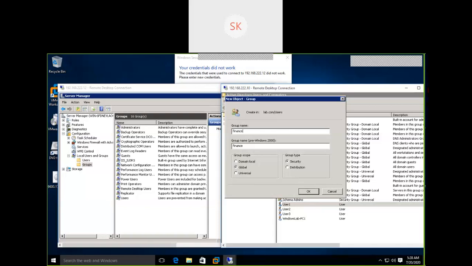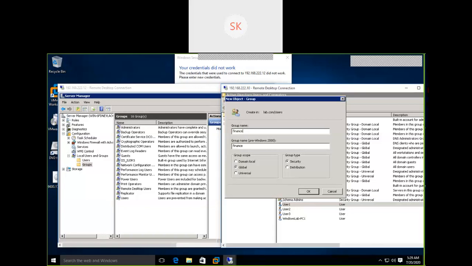Here, group scope. Group scope in the sense, is it a domain local or a global or universal? You need to understand this concept by going to the internet. What is domain local? What is a global? What is a universal? Domain local in the sense, if you have a Hyderabad office and a Bangalore office, and you are creating one domain controller for each site, domain local belongs to the Hyderabad domain controller. Okay, global group belongs to the entire environment.